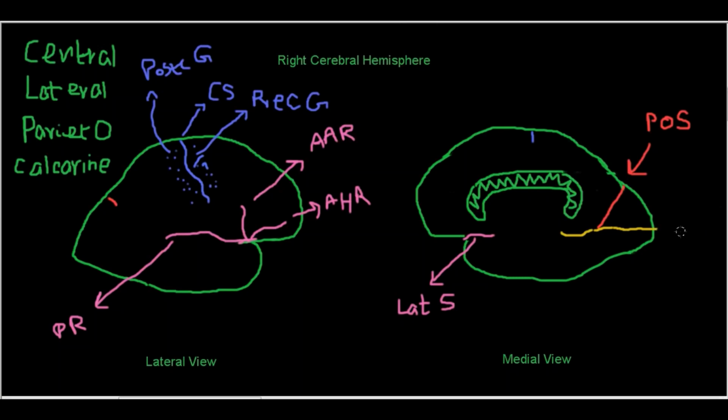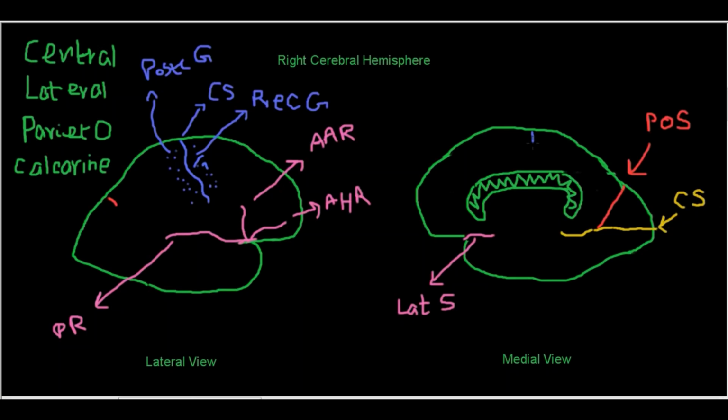So we can see that this yellow line is representing the calcarine sulcus. So now that we've drawn the four, let's just do a quick recap. There are four main sulci or fissures on the cerebral hemispheres, which are the central. The central one is shown in blue, which you can see as an indentation on the medial surface, about 1